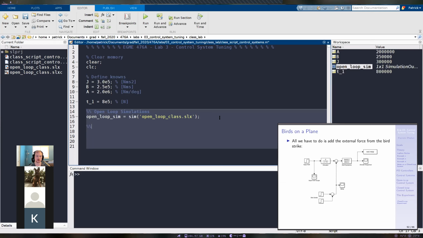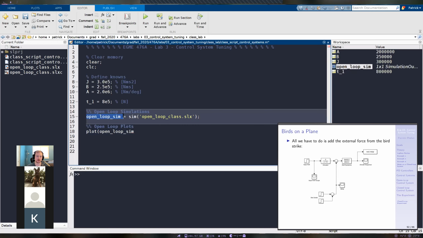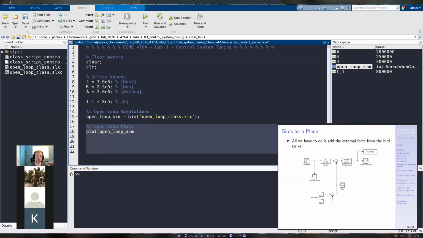All right, so I'm going to make a new section here called Open Loop Plots. And then we're going to make a plot, right? So we're going to do plot open_loop_sim. That's our variable here that we assigned into MATLAB to run our simulation for Simulink. And then I think I need to use dot notation. Yeah. Okay, so we have to use dot notation, which we also did for the first lab, but